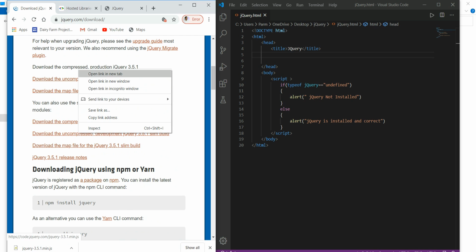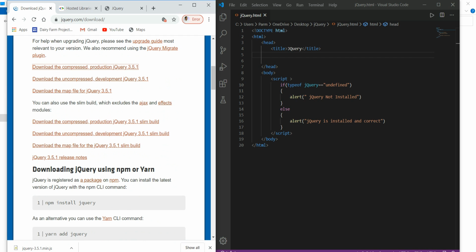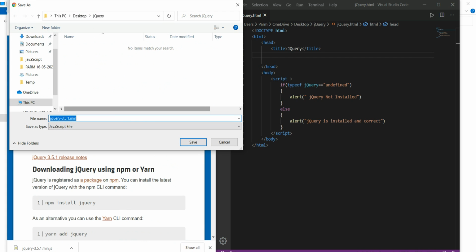Right click on it and use the save link as option, and save this file in the same folder where your HTML file is. Better you save it on the desktop in the jQuery folder.